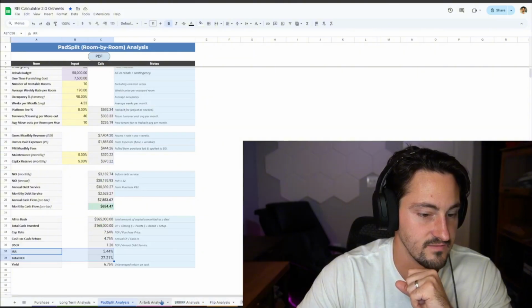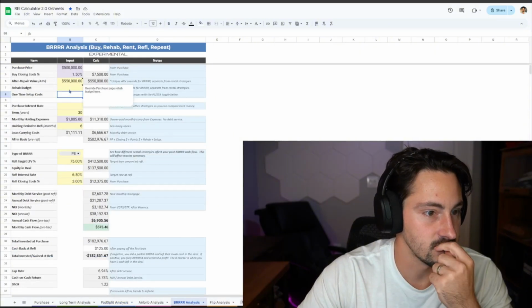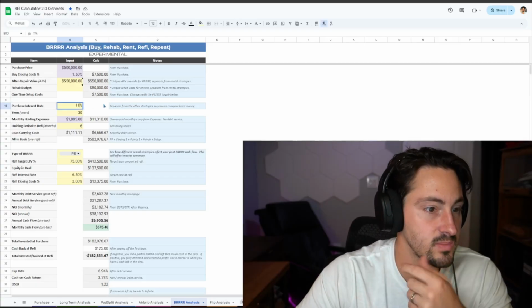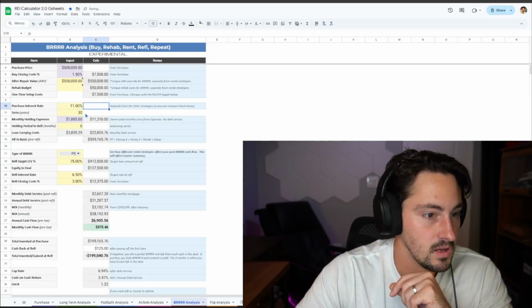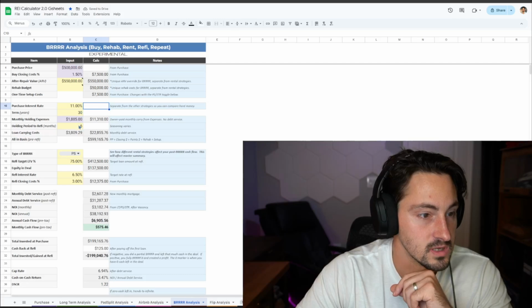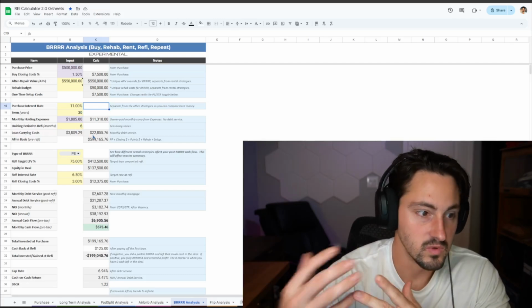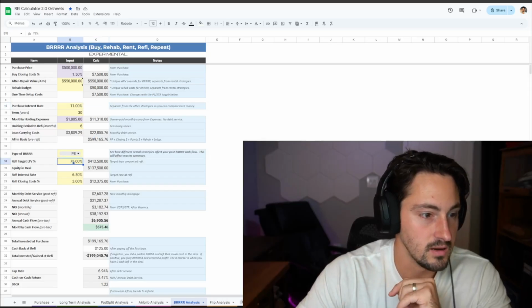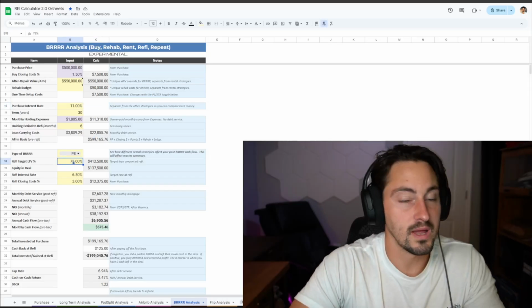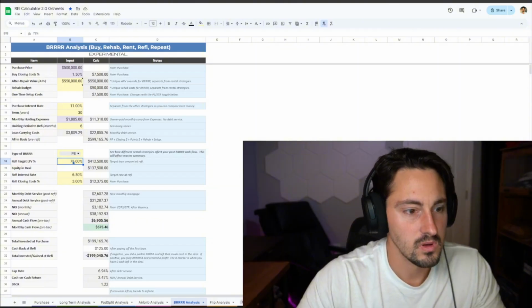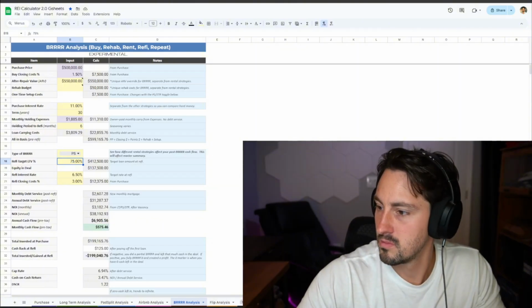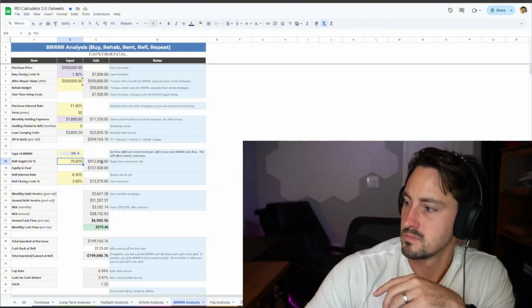Well, it's not significant, but I don't think that I have purchase interest rate. I need to add that in there. So let's say you buy hard money at 11%. And it's going to factor in your holding costs for the 6-month period. And here's your target loan to value. So if you want to pull out,